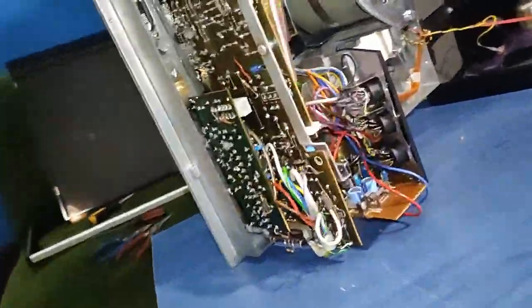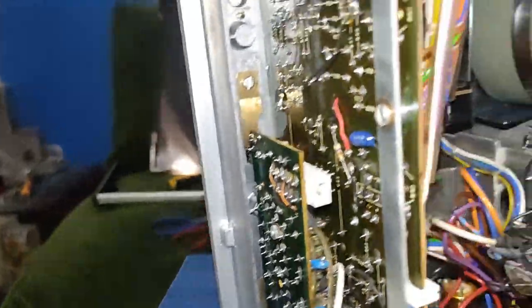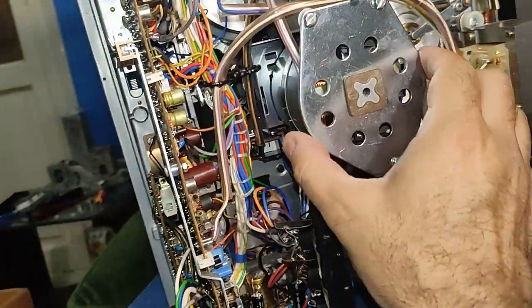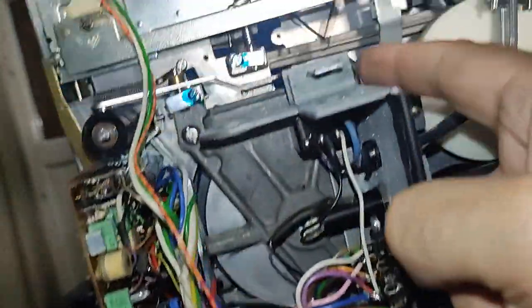So, grease to all the moving parts. Some oiling. I don't see that the motor is not easily taken out. I have to take out this screw,